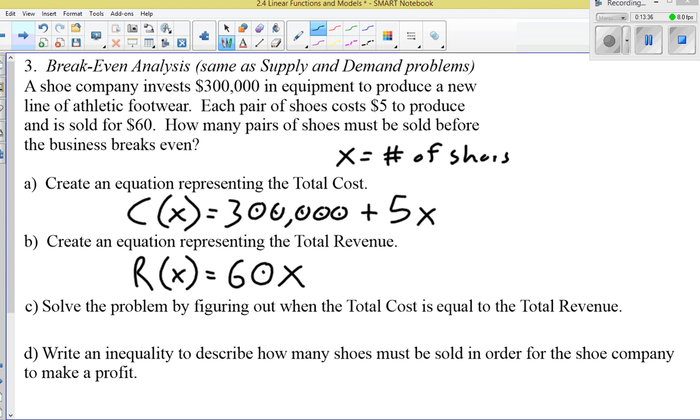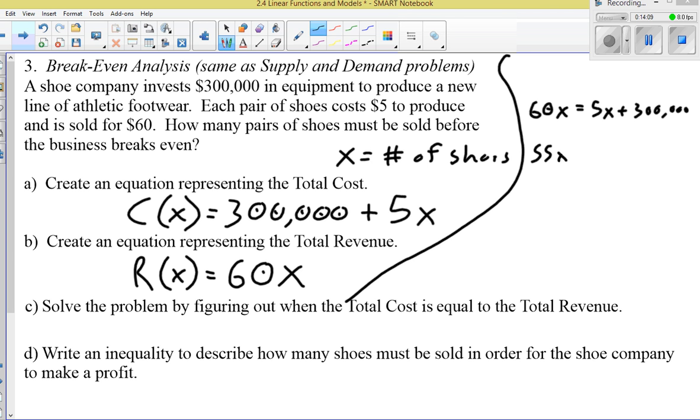Part C says solve the problem by figuring out when the total cost is equal to the total revenue. In other words, what is my break-even point? I'm going to use this space to set up an equation. For the break-even point, I set these equal to each other: 60x is equal to 5x plus 300,000. We subtract 5x from both sides, and you can see we get 55x equals